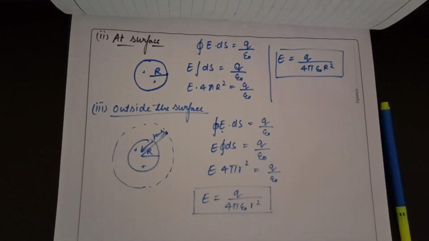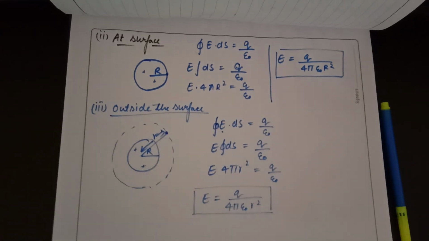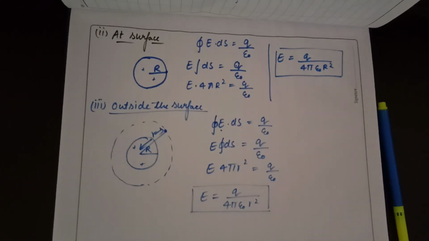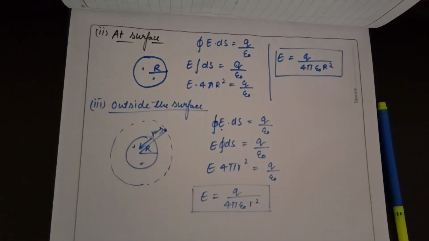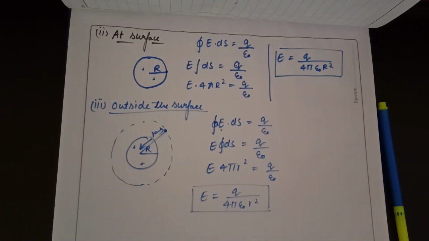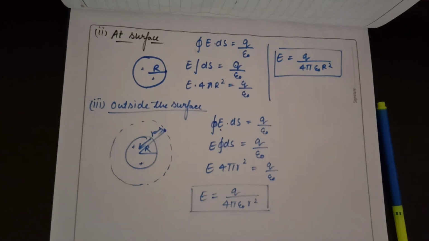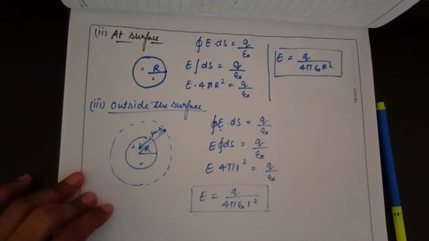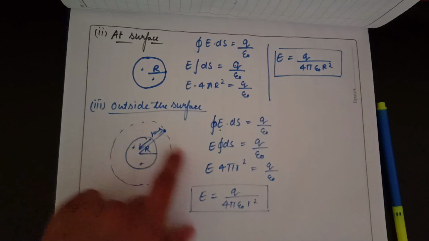And thirdly, we saw the electric field due to a conducting shell. As you know, for a conducting shell, the charge lies outside or at the surface. So we saw three cases there. First, inside it the electric field was 0, and then on the surface, and then outside it. Last, we saw the electric field due to a non-conducting sphere. As we know, for a non-conducting sphere, if the volume charge density is rho, the charge is uniformly distributed over it, and we calculated the electric field inside, at the surface, and outside the surface.